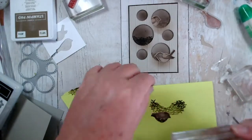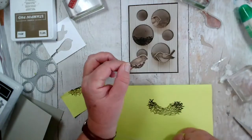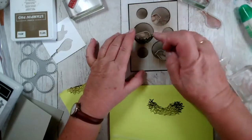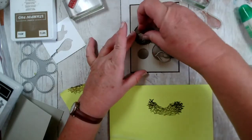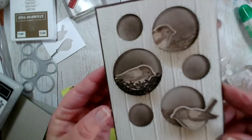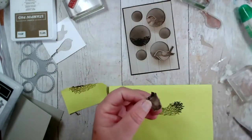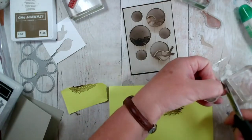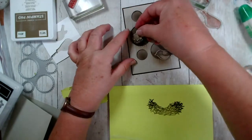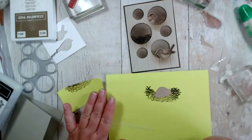Just stamp that little bit of nest there. Can you see? So it looks like she's sat in the nest. Okay, let's take a little bit more of that off. There we go. So she's going to go on dimensionals,